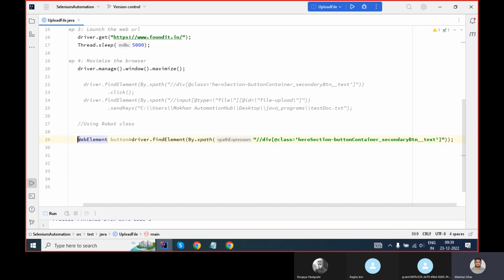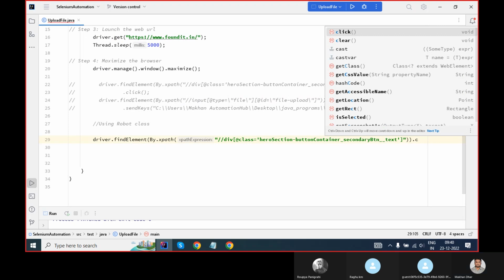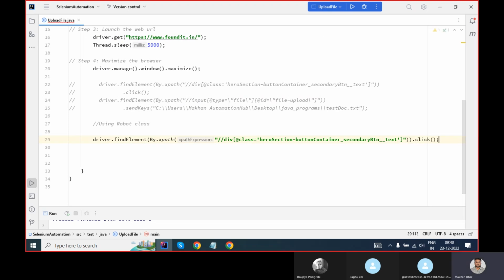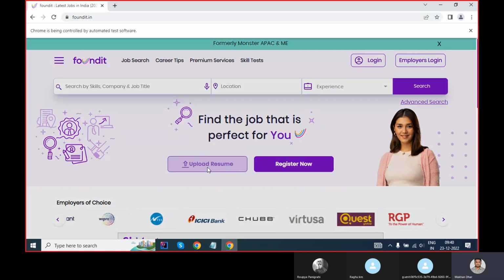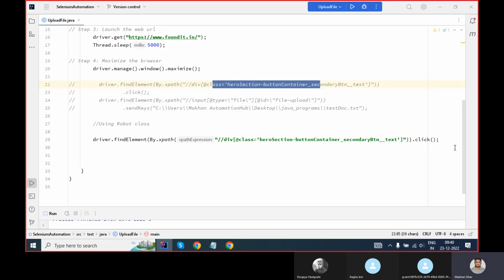Now, this is the first one. First one anyway, we can go with the normal. This is normal, click on the element, right? What we did, click. So this is the normal first one. When you click on this one, then here we have to perform this Robot class action, Robot class task, right? So till this, it's normal. We have clicked. Now what we are going to do is